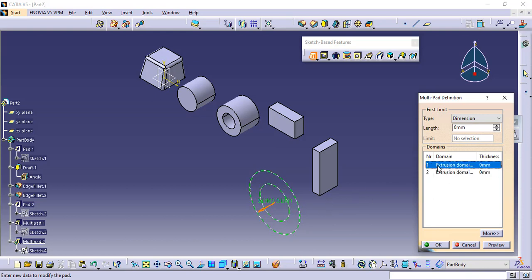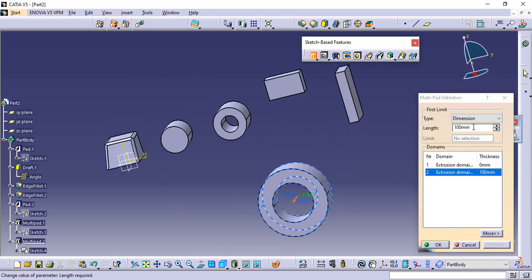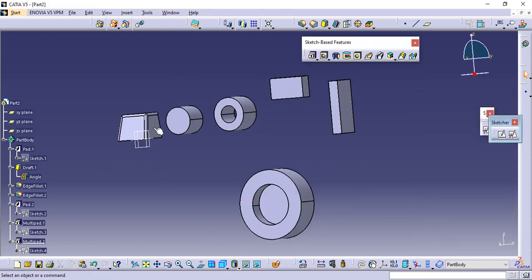In the second domain both sketches are selected, and in the first domain only the inside sketch gets selected. So if I give 100 mm to this, the length will be hollow. But if I give this domain 50 mm, 50 mm of material gets added and the 50 mm gets hollow. I hope these commands are clear to you.